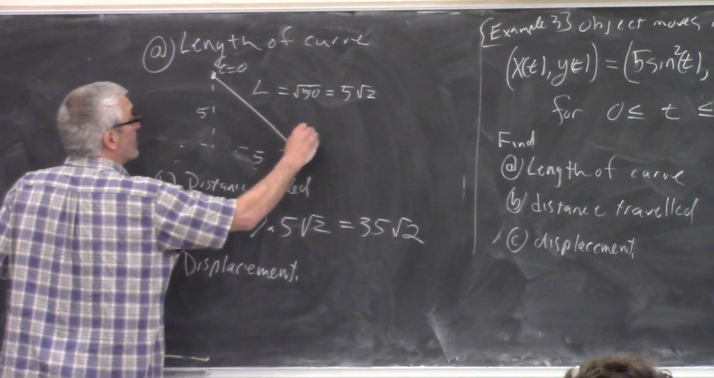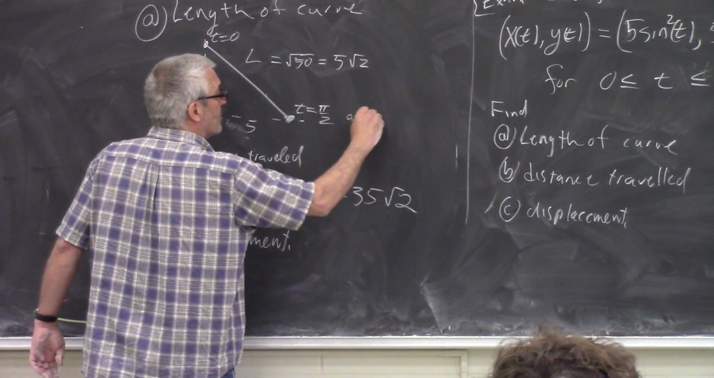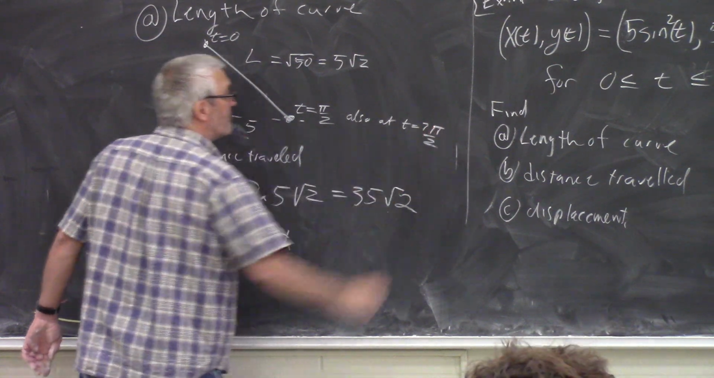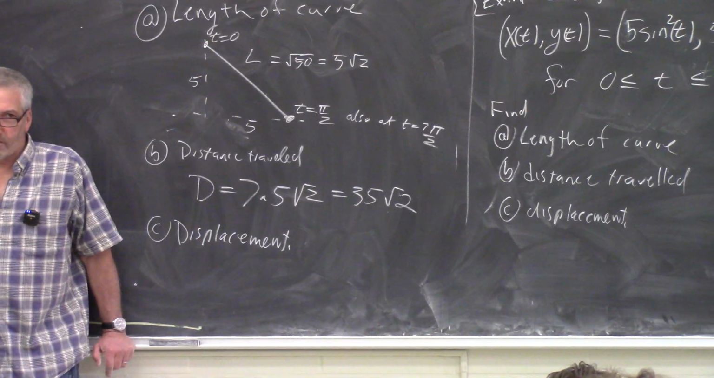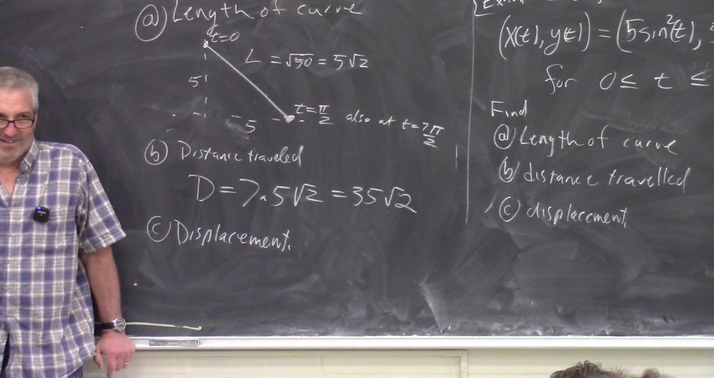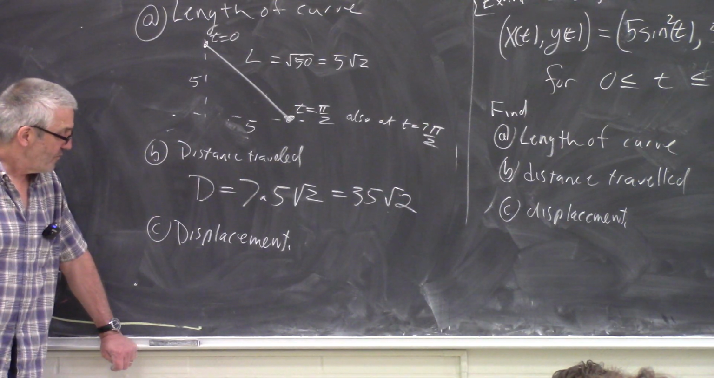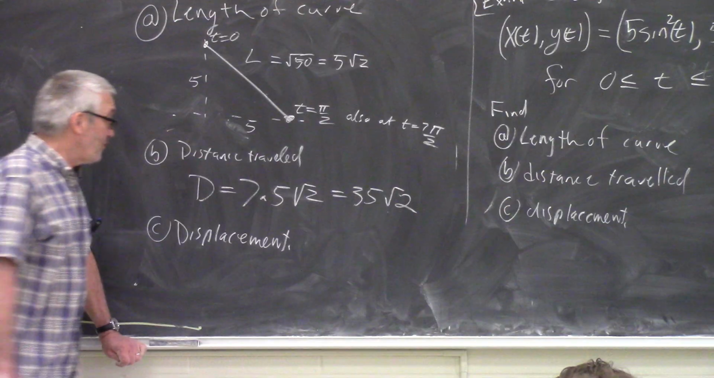So what's the displacement of this object? Liam? 5 pi over 2. Or sorry, 5 square root of 2. That was the wrong answer I was hoping you would all make. So the displacement is